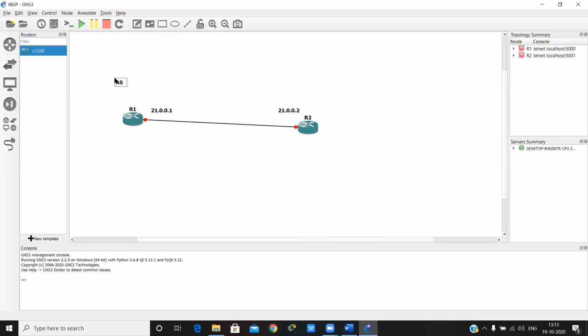So here the AS number is 10, and on this router also the AS number is 10. Now we are performing IBGP direct neighborship because the AS number is the same and the network is also the same, meaning source and destination are both in the same network.